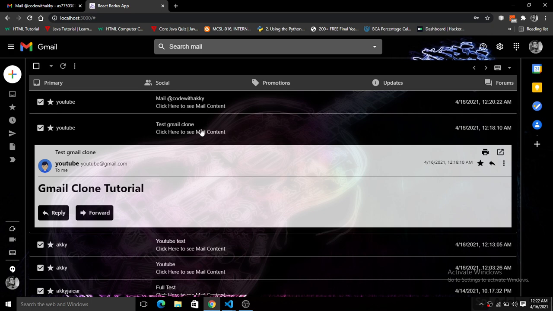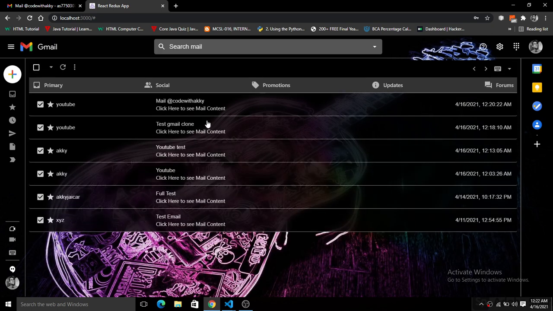So the email will not be cluttered up with the emails of all the users, and users will not be able to see the email of others, right? So we are using this context here using Redux. You guys will get everything from there. So here we have logged in from the Google account, and now we are able to access any of the Google features here.